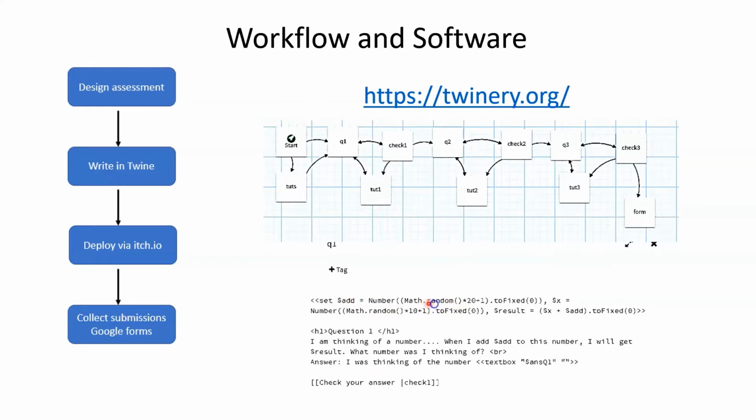This number generator produces numbers, and these numbers then appear in the question. So once one gets to grips with the syntax, which is fairly simple, and there are lots of YouTube tutorials, and a little bit of HTML, but not really extensive,